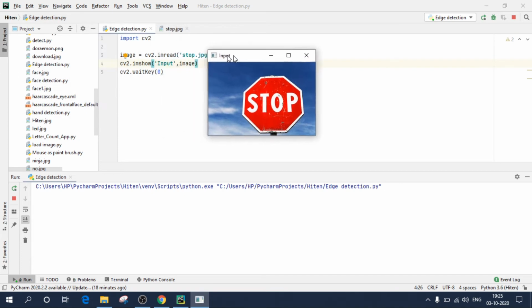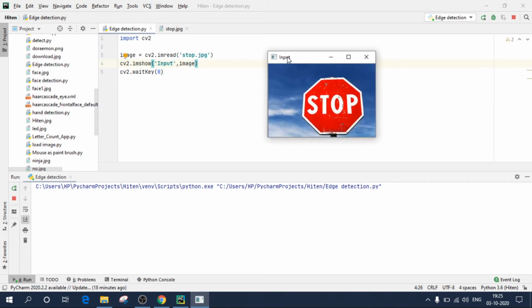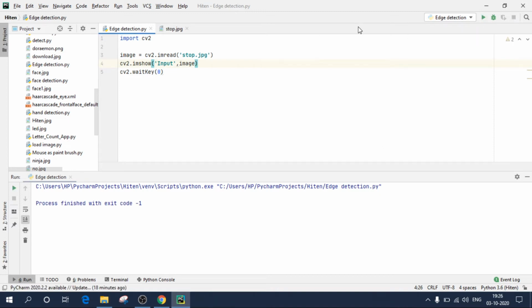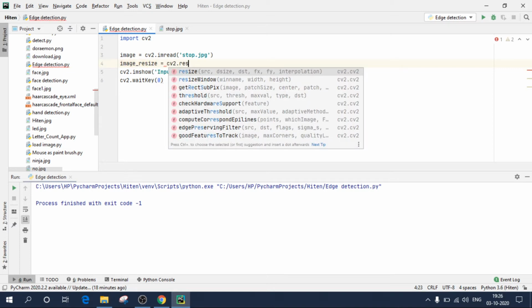here is my image. Since the image is too small, I'll resize the image. Now I'll create one more variable named image_resize equals cv2.resize.